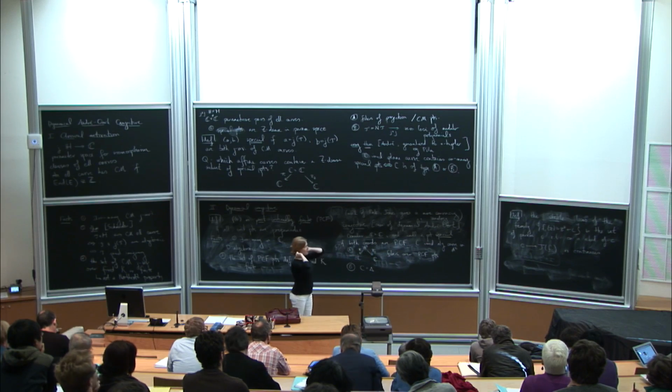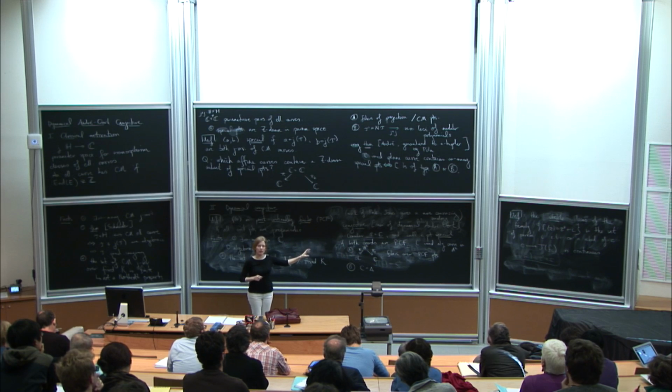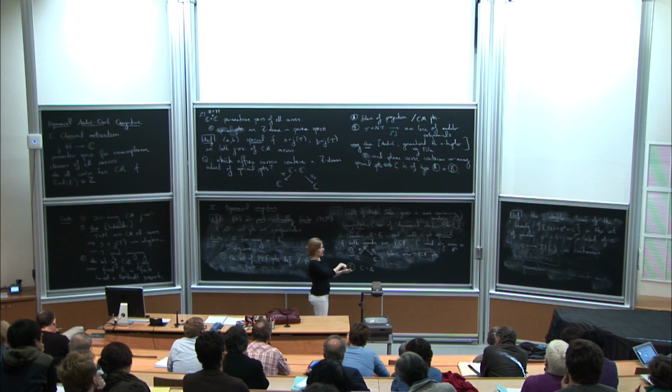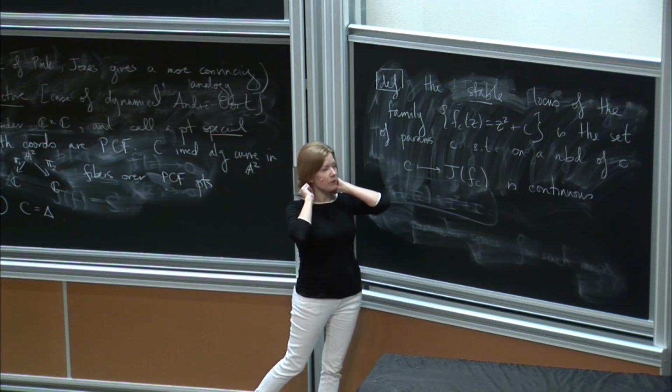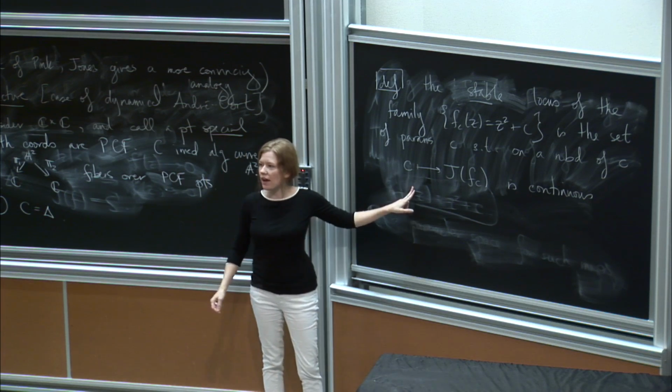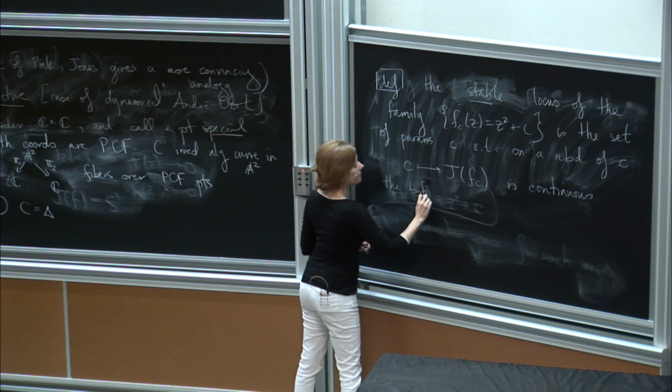So this is a moduli space version of, I think I erased it, of the Fatou set, right? So what I'm saying is that I have a parameter c that if I perturb this parameter c by a little bit, then the dynamics of the maps near c will be similar to the dynamics at z squared plus c. Okay? And the bifurcation locus